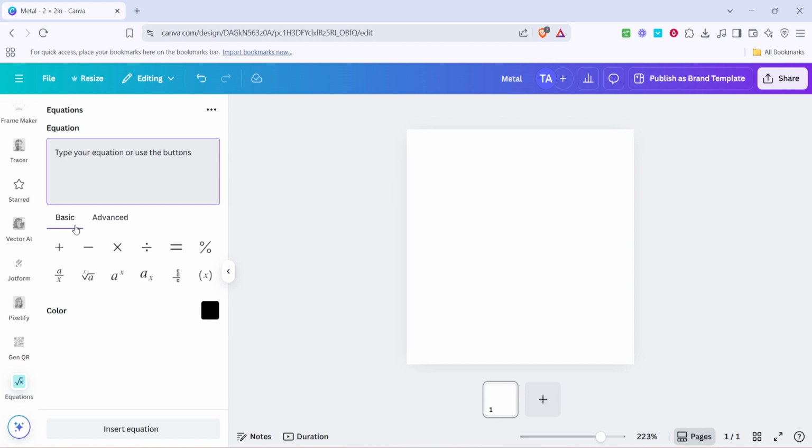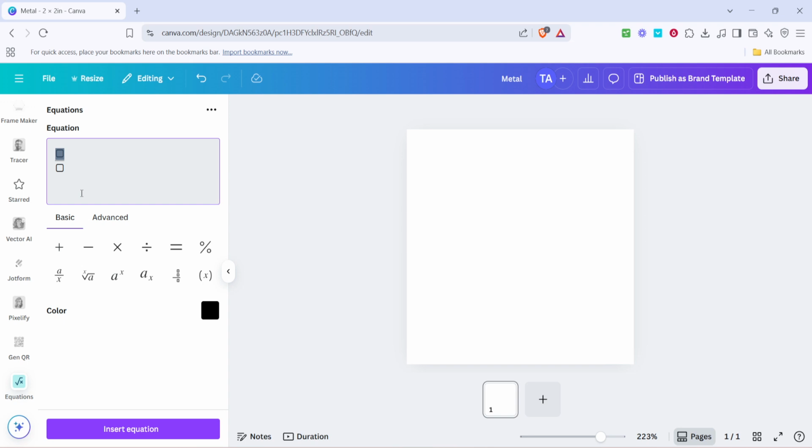Now that you're in the equations tool, you'll want to locate the fraction icon. It may look like a small grid or a solid line dividing two boxes. Clicking on this icon brings up the option to enter the numerator and the denominator for your fraction. Take a moment to think about the fraction you wish to illustrate, and then go ahead and type the respective